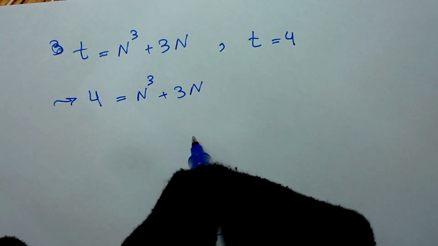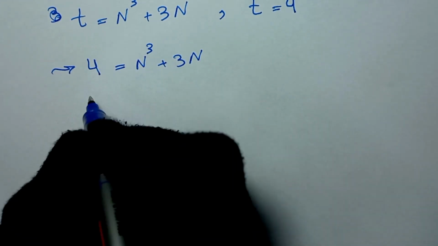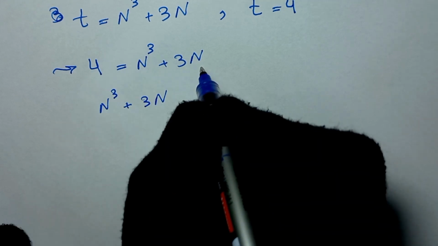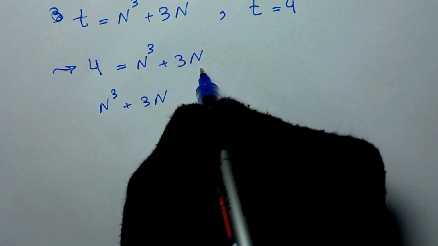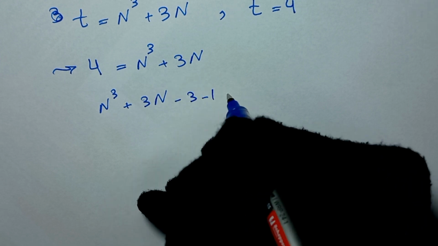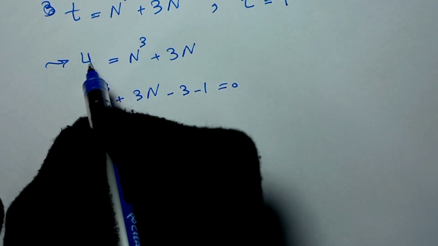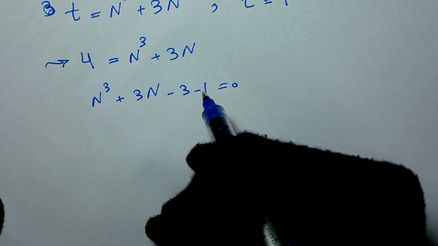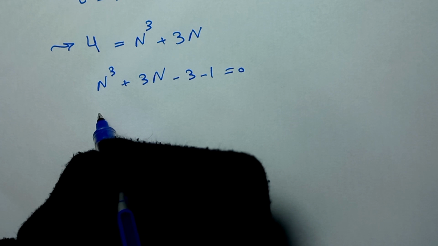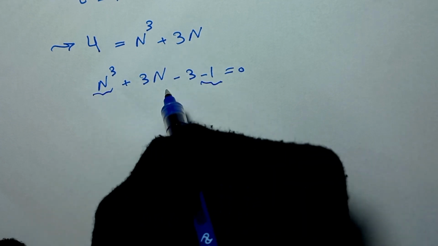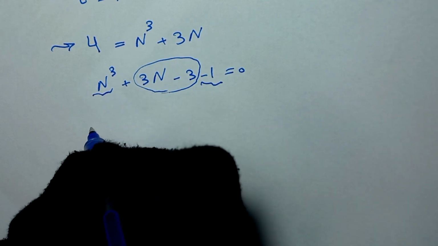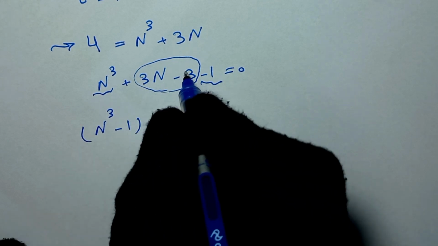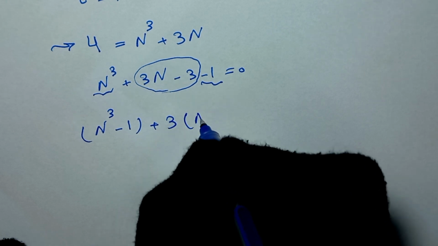plus 3n. And next step, we take this to this side, and it will be n cubed plus 3n, and it will be minus 4, right? And we can write negative 4 as negative 3 minus 1 is equal to 0. So in here, we take this 4 to this side, and it will be negative 4, and we write negative 4 as negative 3 minus 1, right? And next step, we take these two parts together, and it will be n cubed minus 1 and plus, from these two parts, we factor 3, and it will be 3 times n minus 1